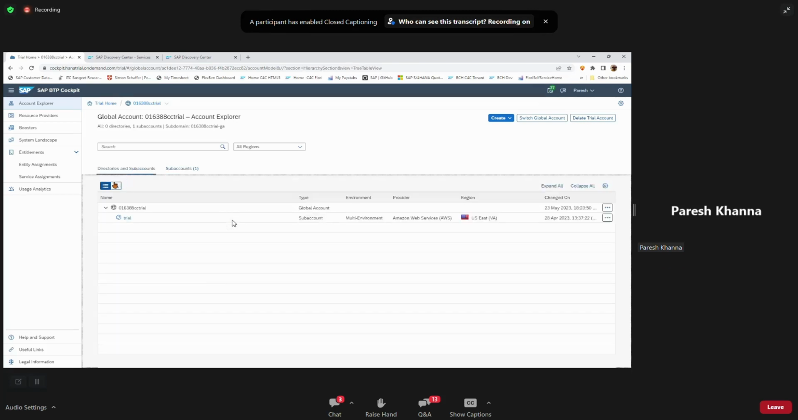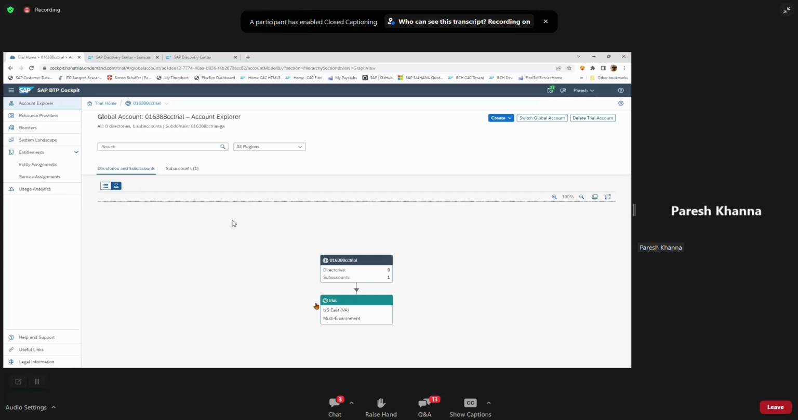If you go into the directory and sub accounts view, this is the directory and sub accounts view where it shows that it has 0 directories and 1 sub account, and then it points to the sub account. Now, if I go to the sub account here,